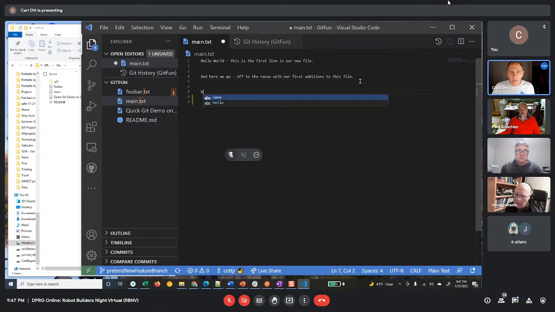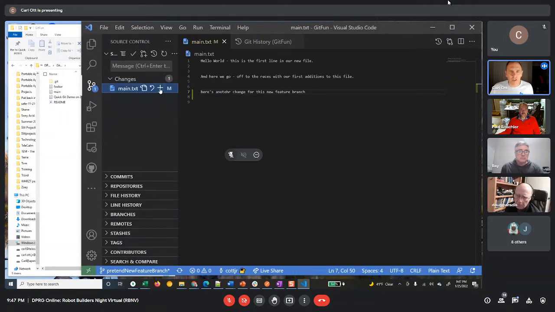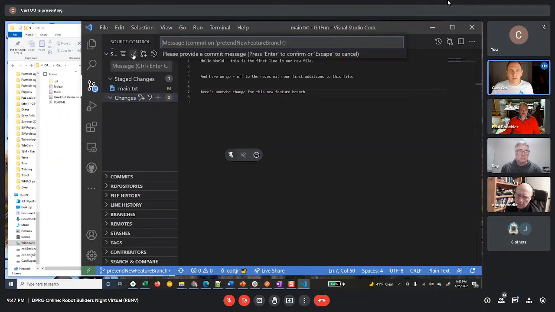And now another change for this new feature branch. Now, if you commit that, what is your graph going to look like? All right, first we have to go over here and stage the change, right? So we've staged it. Now if we commit it,